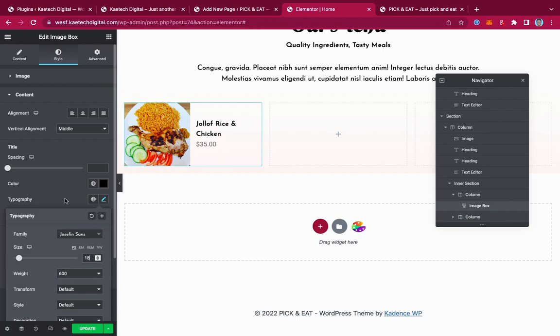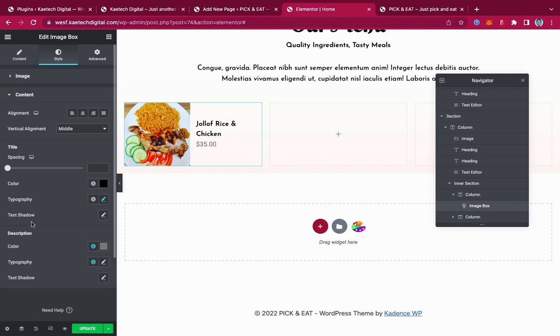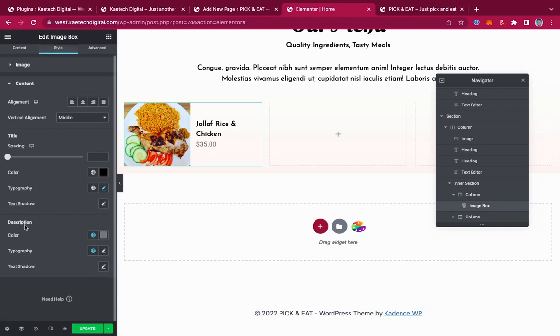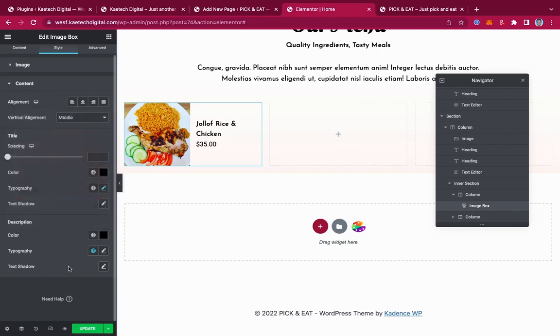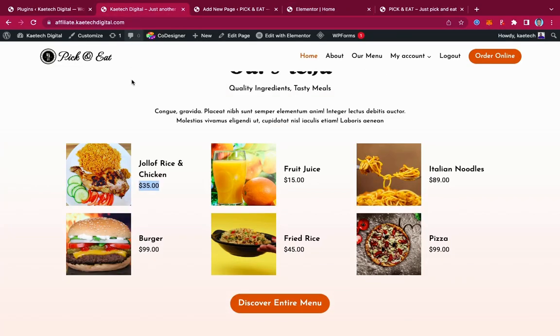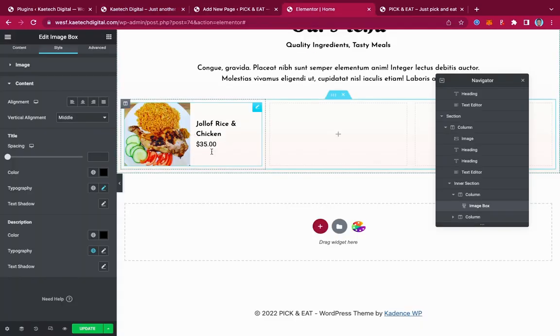As you can see, everything is working perfectly well. Now with the description color too, I'm going to make it all black. If you see, it looks similar to this one over here, and that is exactly what we want. So now that we have this one set up,